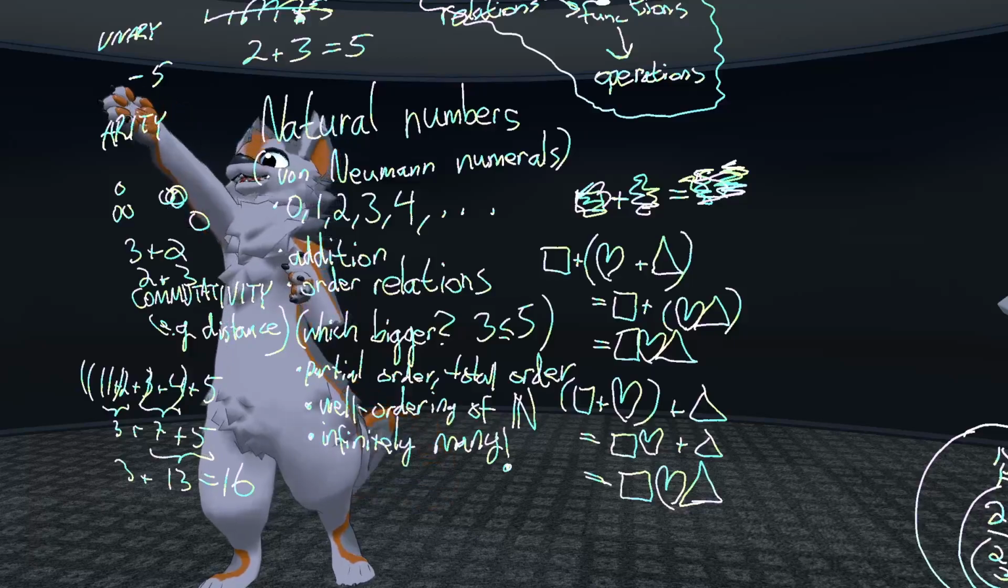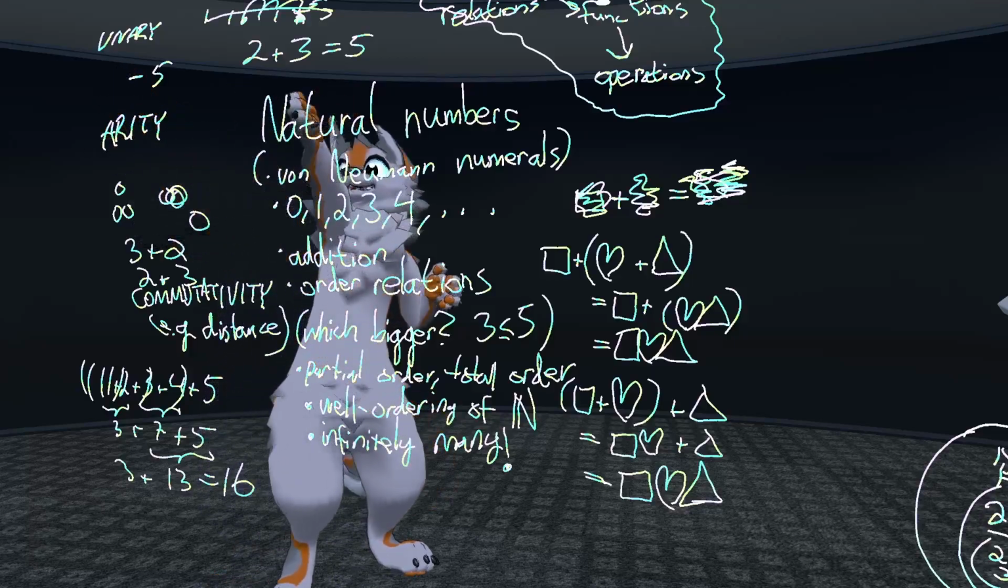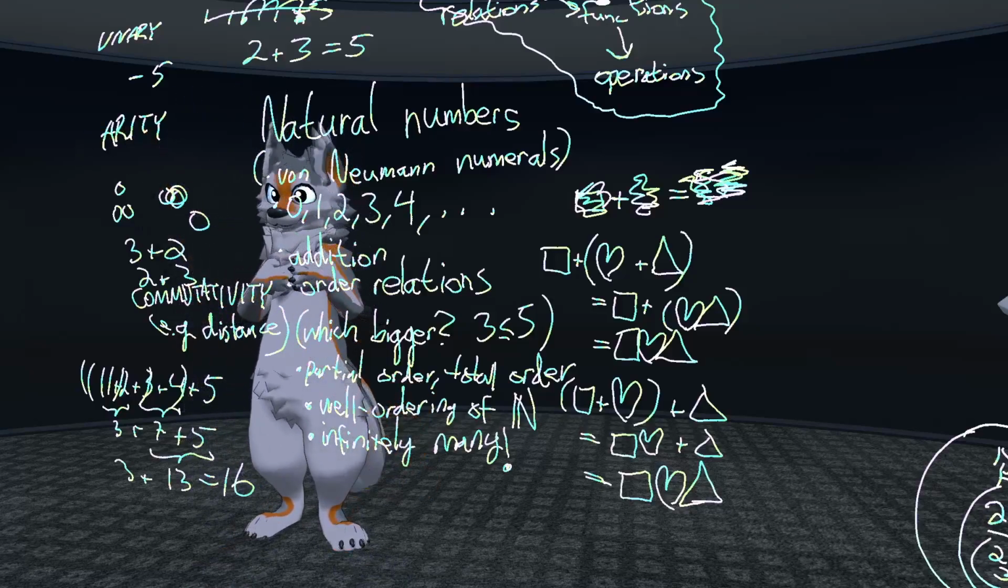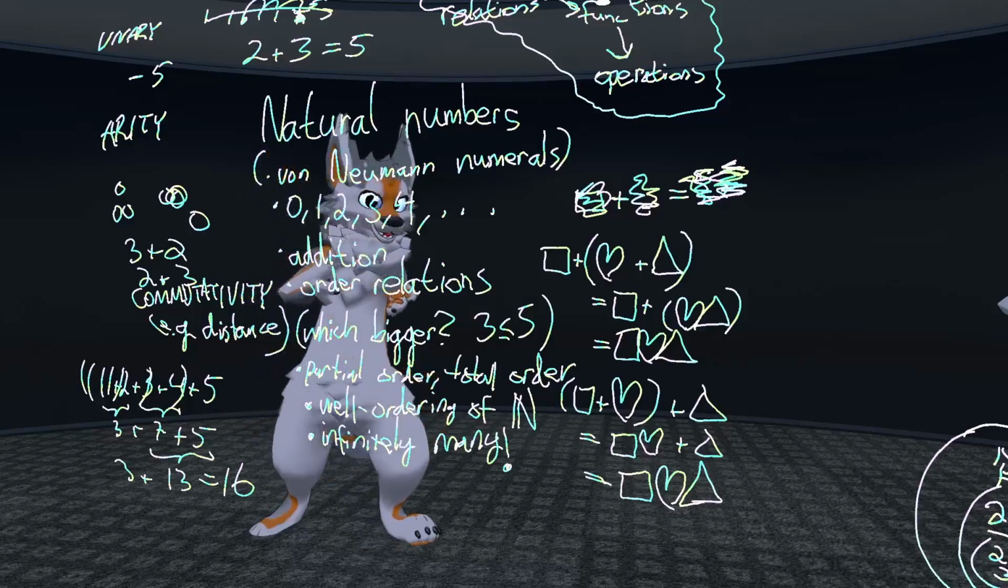And then I went on a weird tangent about unary and binary operations too, and the arity of an operation. I hope you found that